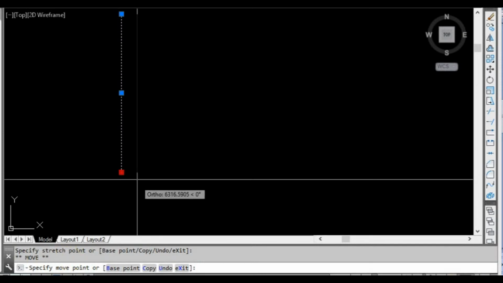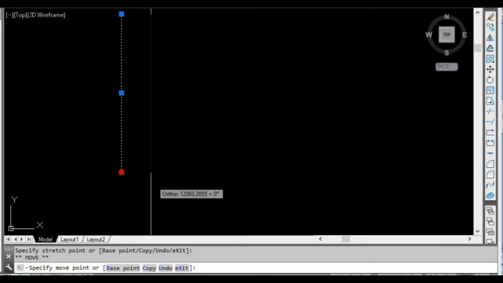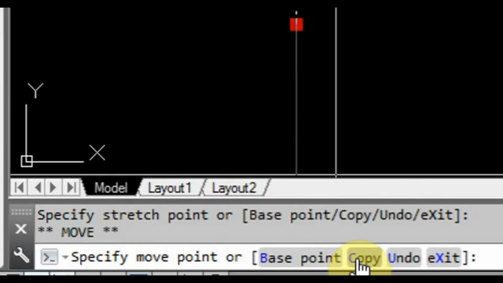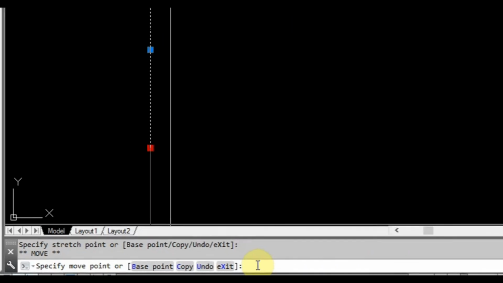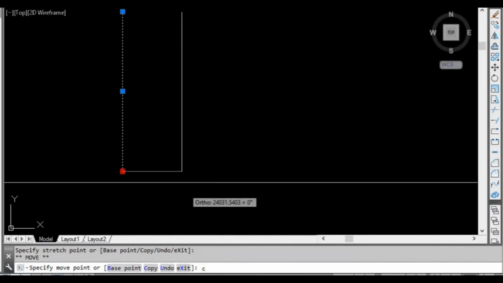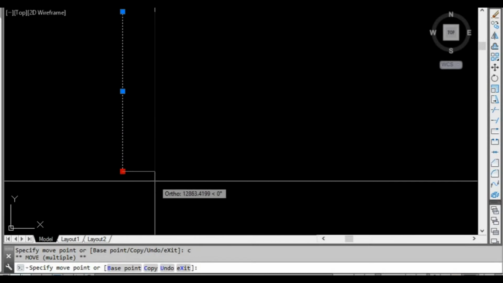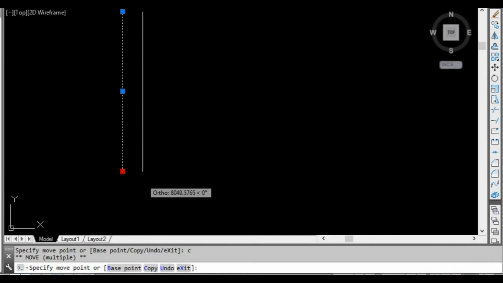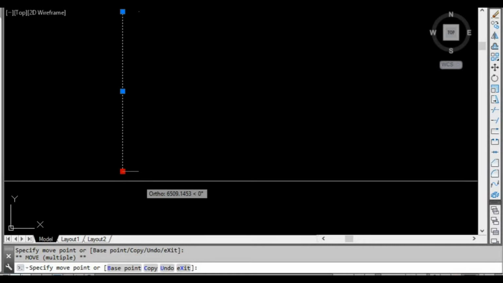So what we want to do is move this object, but we want to move a copy of it. As you can see here in the command prompt, we have copy. If we type the C key and press space or enter, it allows us now to move multiple copies of that line. We can either click a point,